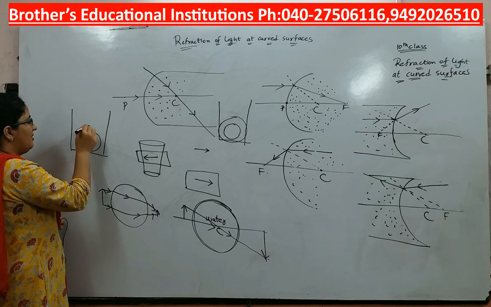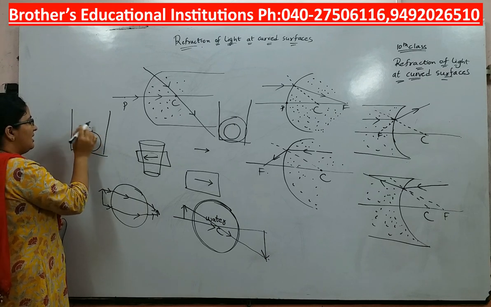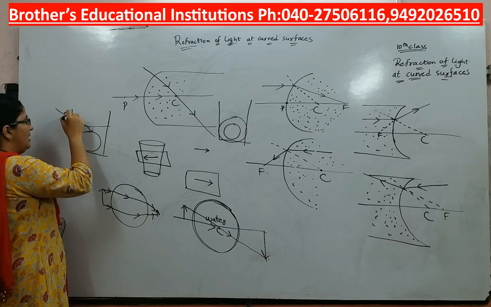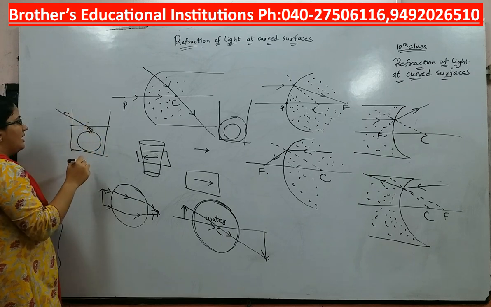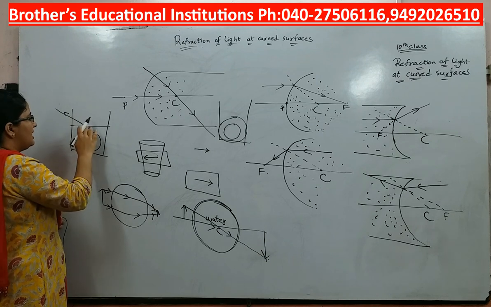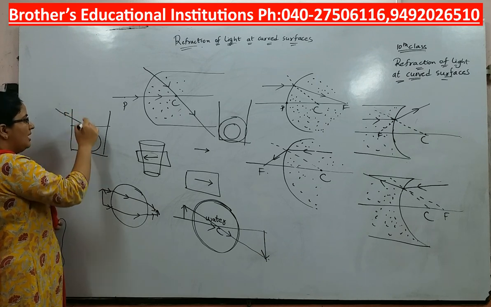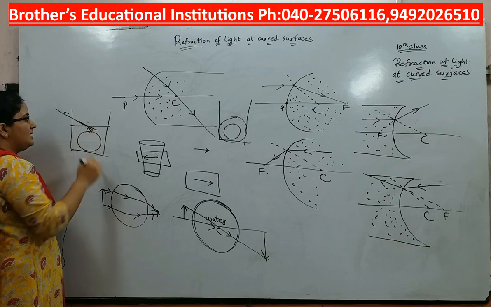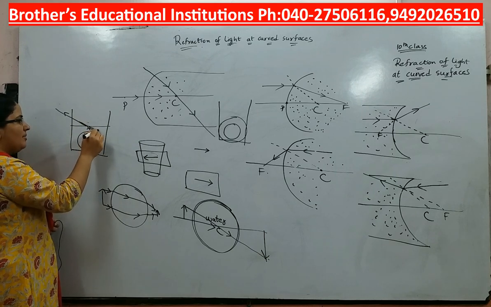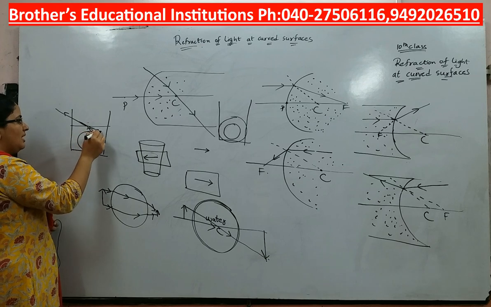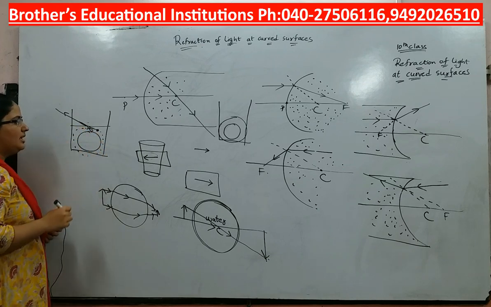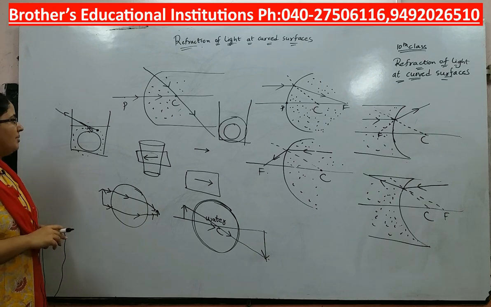The light ray that is coming from the lemon undergoes refraction here. This is the normal, so it bends away from the normal. Our eyes cannot see the bent ray. For the eyes, it appears as though the light ray is coming from this point. Similarly, if you draw like this for every other point, you see that the lemon is appearing bigger.